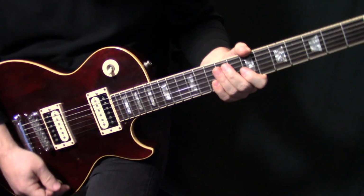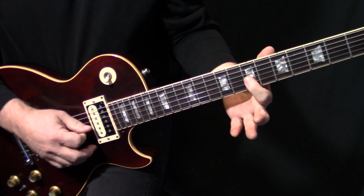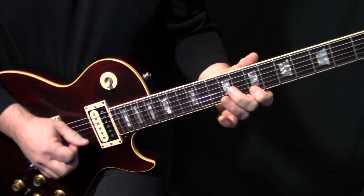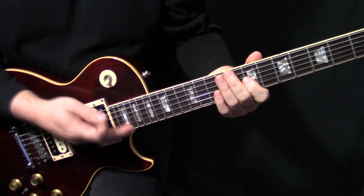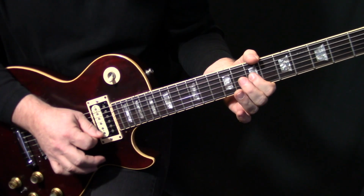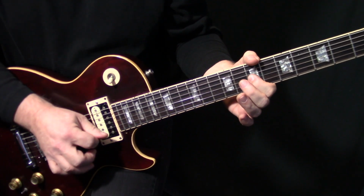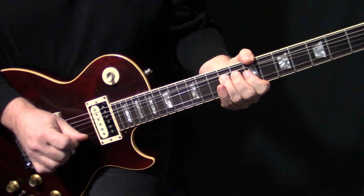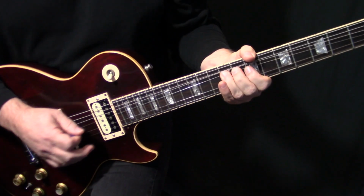Okay, so let's start at the beginning. We start with that harmonic, and that's just going to be here. I'm not going to call a lot of frets in this one because we're in these boxes, so it should make sense just by being able to see my fingers. So we're going to harmonic there on the G string. That's G7. Bend here on the G string, and then we're going to go,